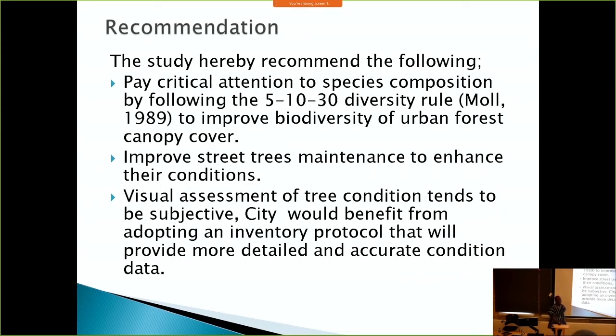Yeah. But the question is, how fair is the fair? Because what does fair mean? So you say it's a fair rating. What do you use? What's the basis of that rating? So assessing the overall tree condition, you look at the